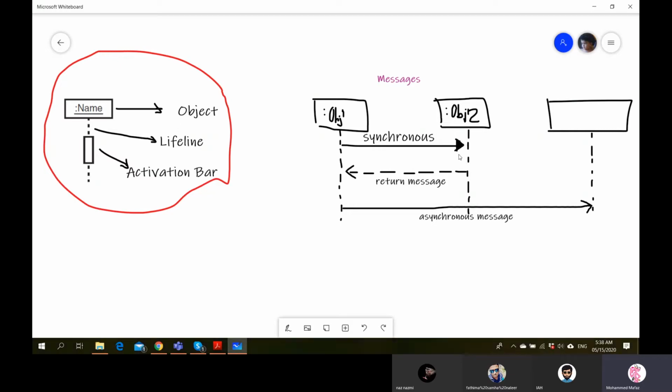So in your problem domain, you will also have certain cases where one object is calling the function of the other object and then expecting a return. In that case, you will indicate those kinds of function calls, method calls, with the dashed arrow. A return message is simply a return message, so mostly it is going to return some values. It could be an indicator, some integers or whatever that is coming back.